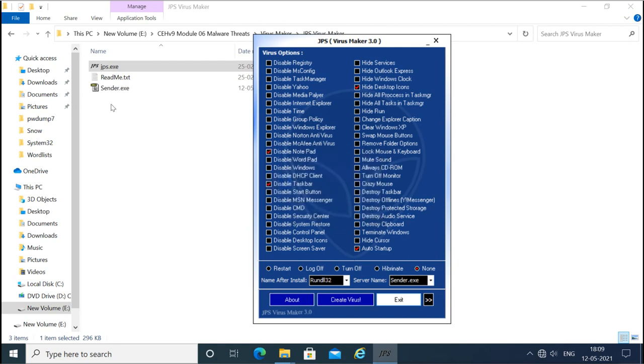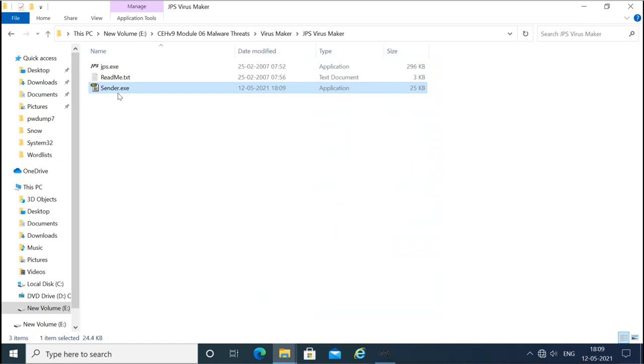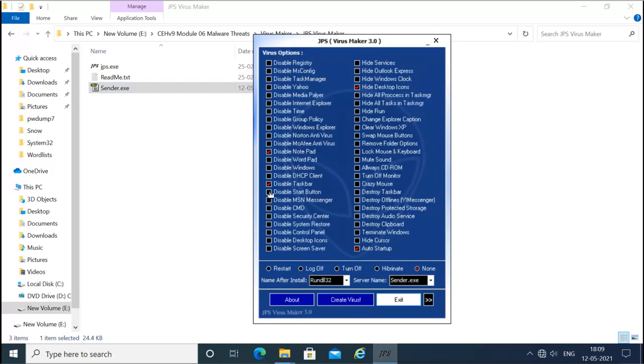Now when it is installed into the system, it will do whatever it is intended to do, like what we have selected to do. So what are the options we have selected? When it is installed, it will do all those things. So you just have to send this to the victim machine, and when you install this in the victim machine, it will do what? It will do all these things. So let's say I will send it to victim machine.